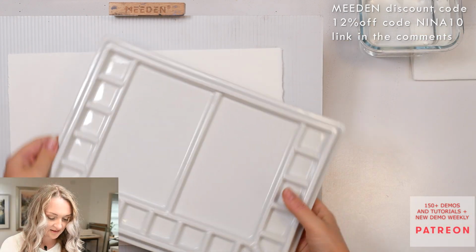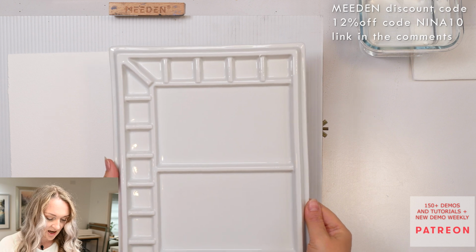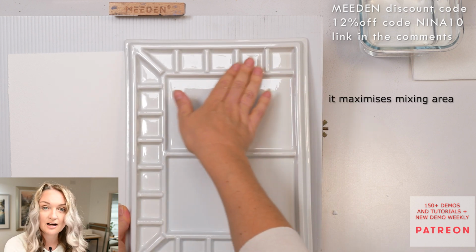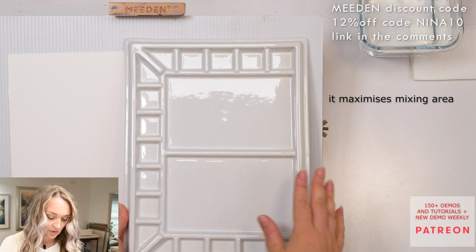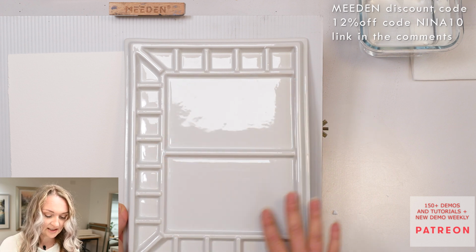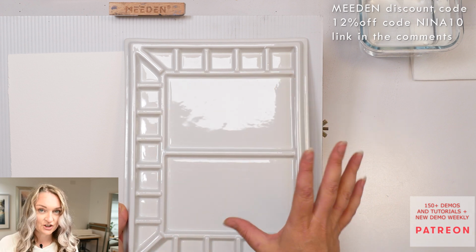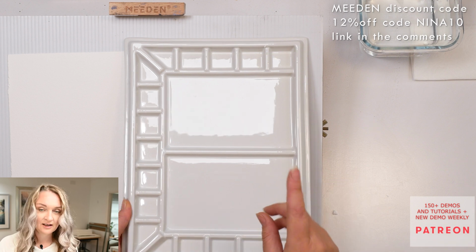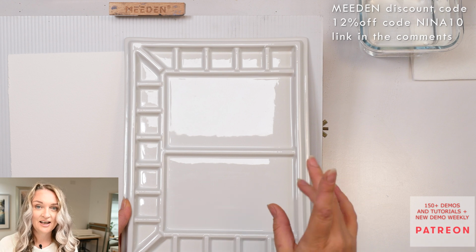That's the palette. It is perfect size for studio palette, and I really like the idea that it has colors on one side and there is nothing in here. Also, usually I have a palette that has one single mixing area, but recently I've noticed that actually having two separate areas might be a good idea because, and particularly it's relevant to the topic that we're discussing today about